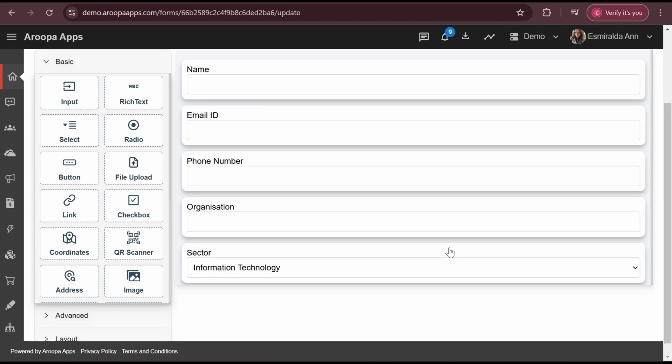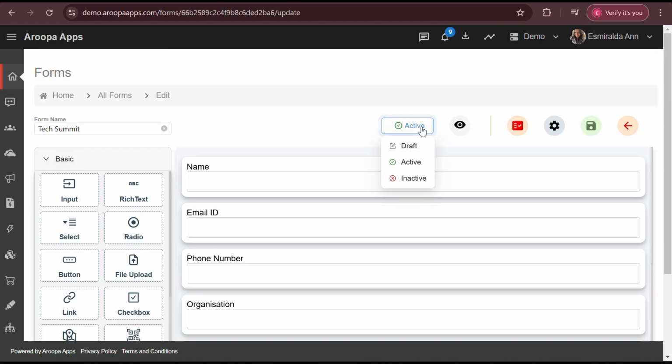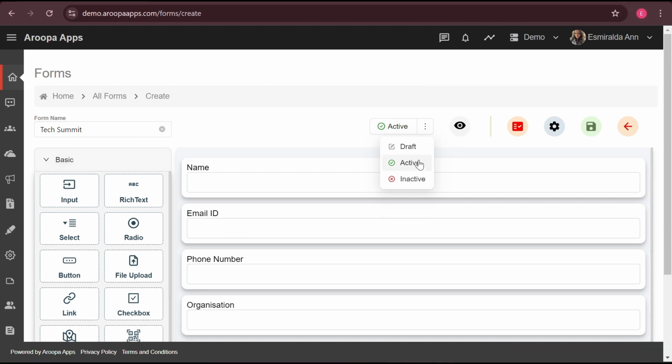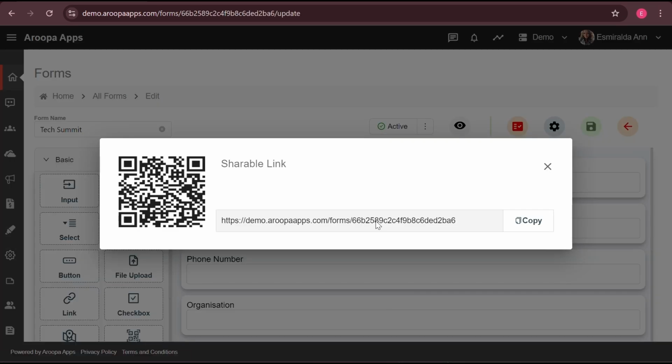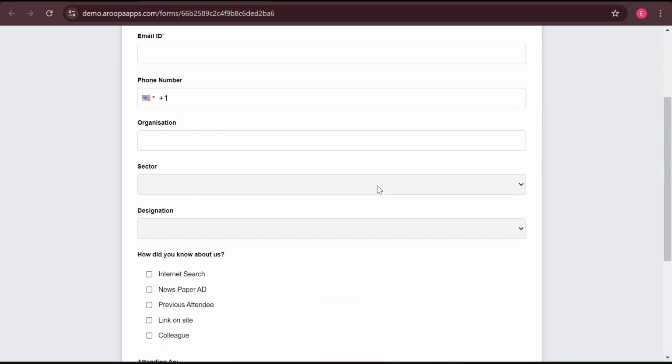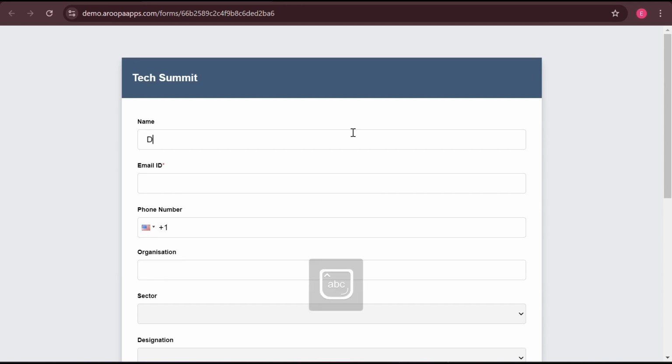To save your form, scroll to the top and change the status from draft to active to start the event registration form. When finished, you can set it to inactive. Adjust final settings as needed. Private restricts access to users other than the users in the tenant. Public allows anyone to access it, and Embed enables addition to any HTML page. For this example, we'll choose public. Save the form to receive the URL for sharing with your audience. Now this is the form we just created. I will now enter an example data.